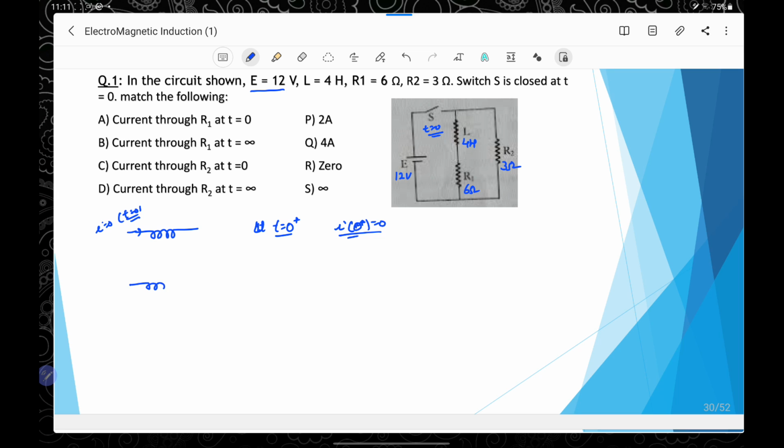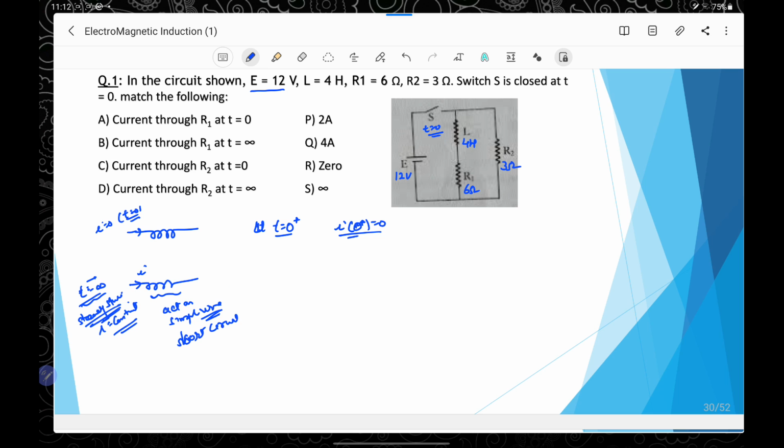Similarly, if there is a current flowing I at t equal to infinity after the switch on, that means a lot of time has passed. In that case, we can say this is a steady state. And in steady state, this I becomes constant. And when I becomes constant, there is no change in current, no change in flux, no induced EMF. In that case, this inductor has no role, and it just acts as a simple wire. So we can treat it as a short circuit when t tends to infinity. That means we get the steady state.